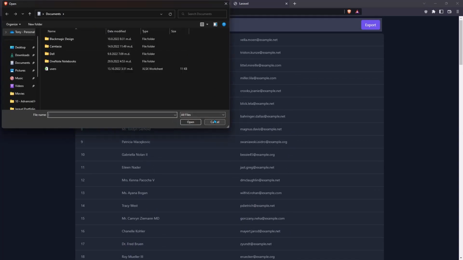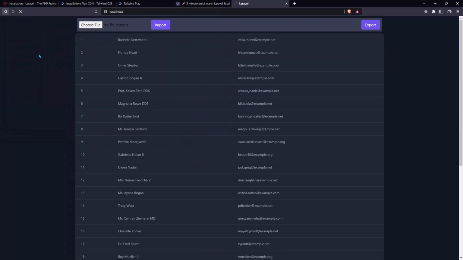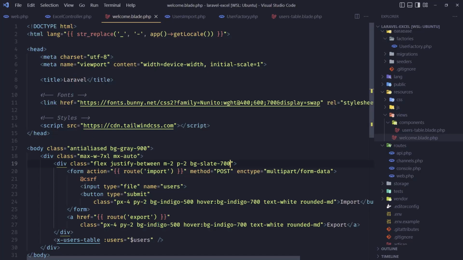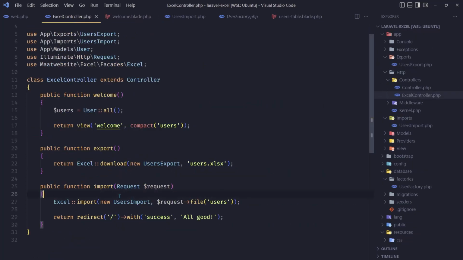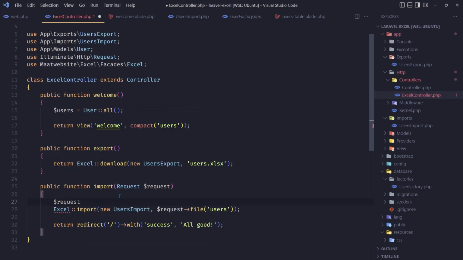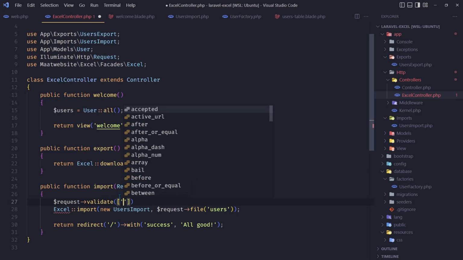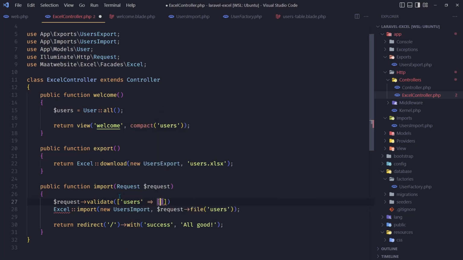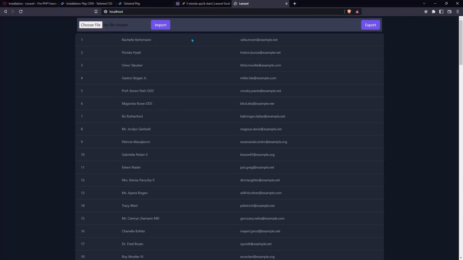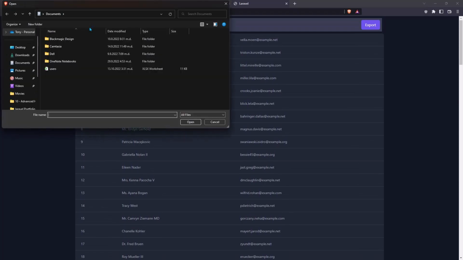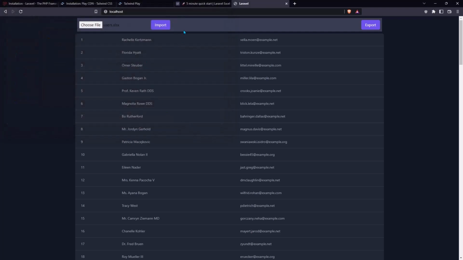Choose a file. And by the way, if I click import, we are going to have an error. So let's say required here. And if you want, you can also add validation. And in the controller also, you can say the request validate, and validate the users to be required. And now if I just say import, we are going to redirect back. Okay, let's choose a file, and I'm going to choose this one. Click open, and if I say import,